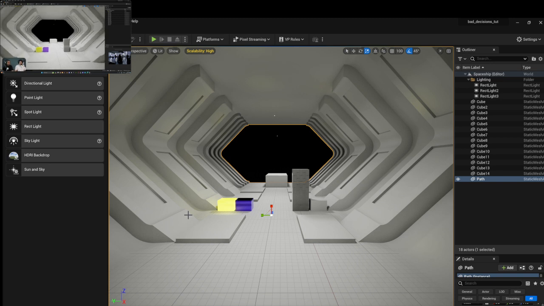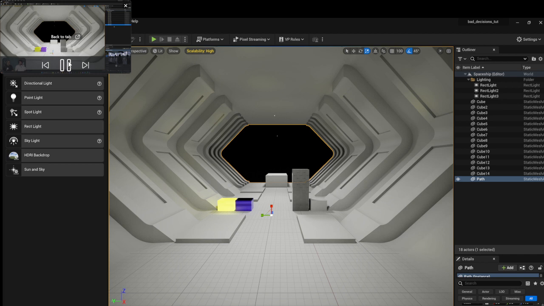First thing we're going to do, and we forgot this over the last few chapters, we're going to name our hanger right here. It's still called path. So let's go ahead and organize things. We're going to use F2 and we're going to rename this to hanger. All right. And then we're going to